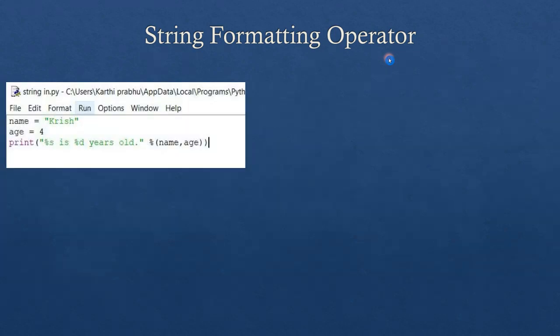Okay. So let us take an example. Here I'm just having two variables, name and age. For name, I'm assigning a string. For age, I'm assigning a number. Now in print, what I'm doing, percentage is a string formatting operator. %s is for string, again a percentage formatting operator. Here %d I'm using for the integer. So for string it is %s, for integer it is %d. Okay. So what I'm doing, I'm just incorporating this string over here and the integer over here.